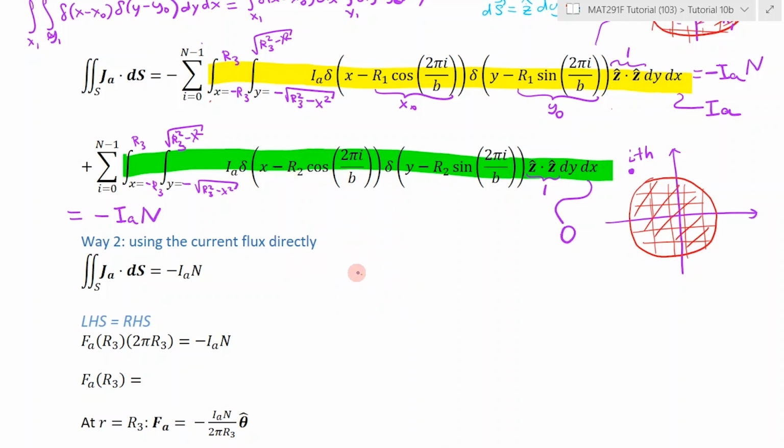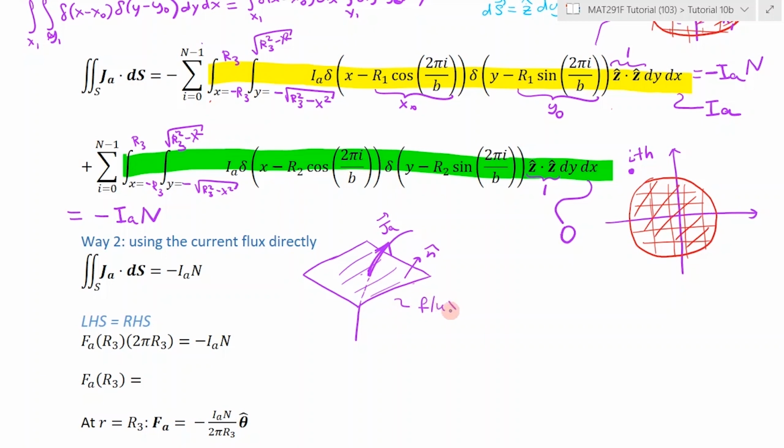If we were to set up a surface that's oriented in the same way as, well, not the wire, but the current density, and integrate it and get the flux,